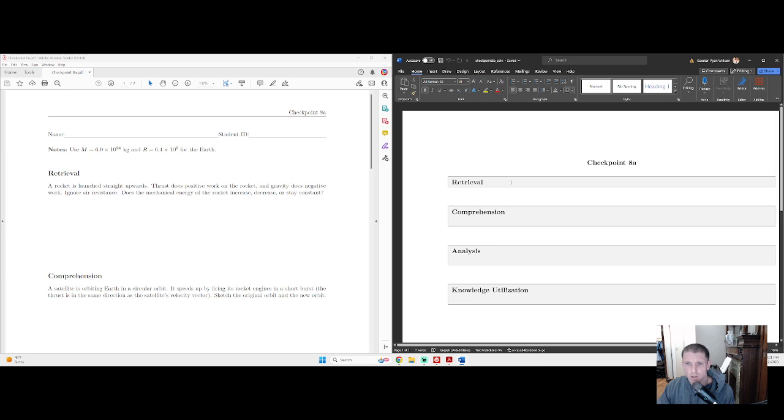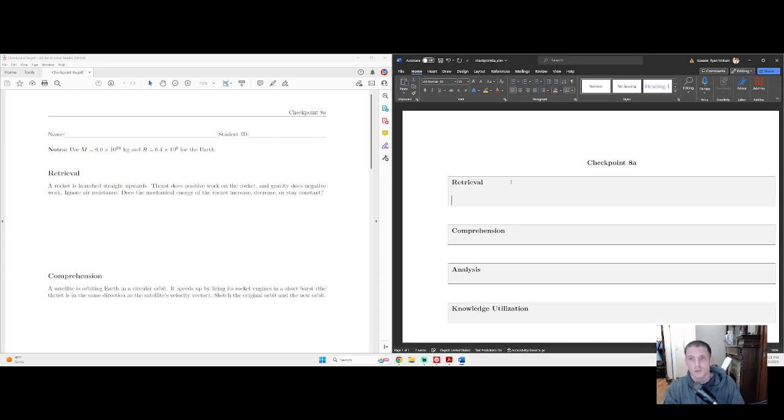Let's get into it. So for retrieval here, this one is a little trickier than maybe it would seem, in my opinion at least. But the idea is that this force of thrust is doing positive work on the rocket, right? Which means, in a sense, that it's putting energy into the system. Though if you want to really convince yourself of this, you could do something like this, right? So let's